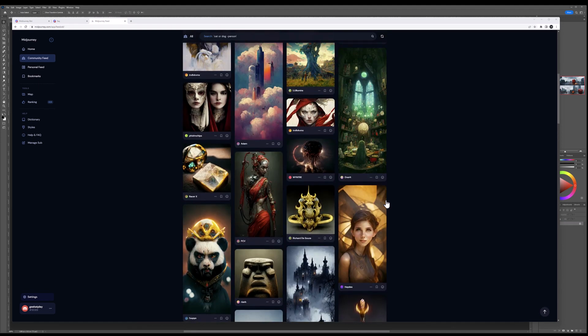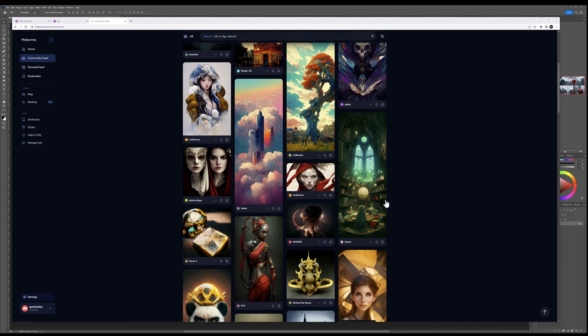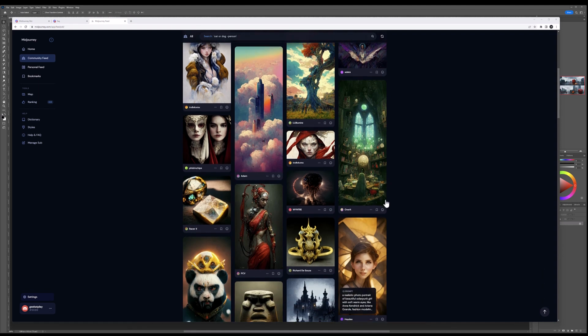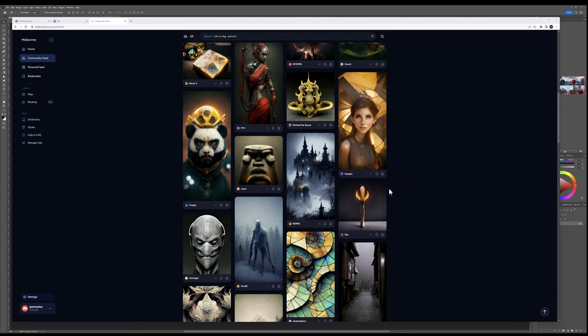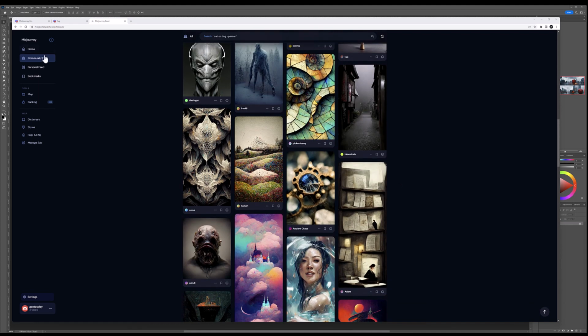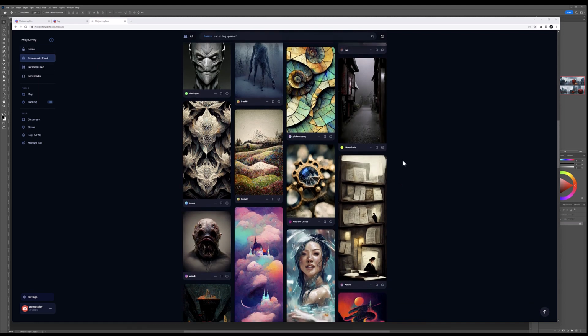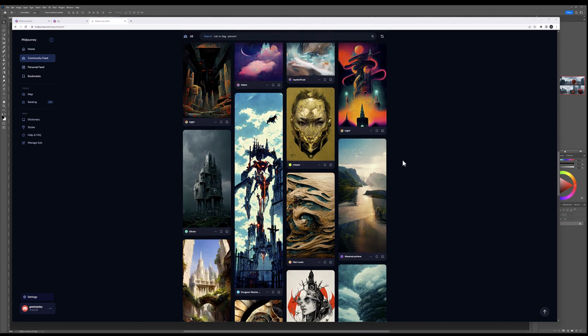But can we use it? When I started working with Midjourney, I was invited and looked at this, and it was somewhat interesting. This, by the way, is the community feed. On first look, if we look very fast, it looks very interesting.